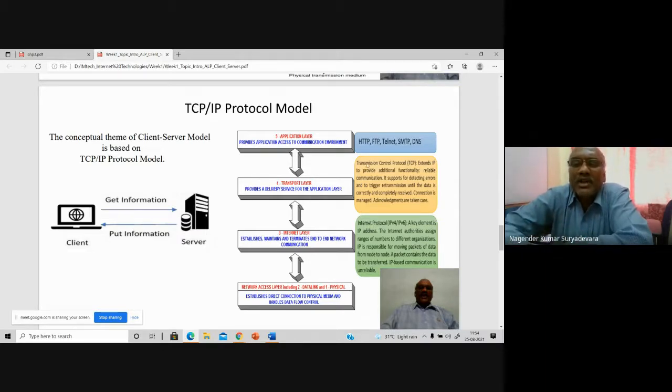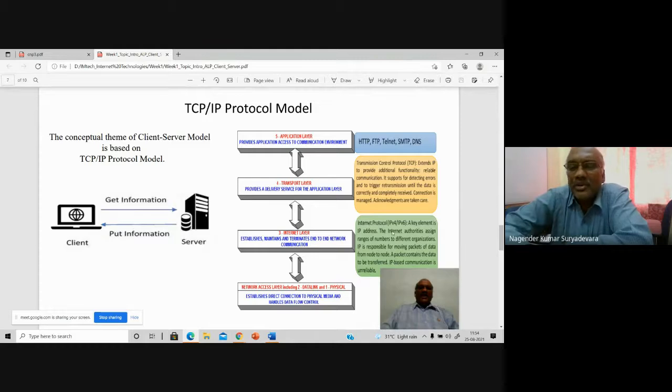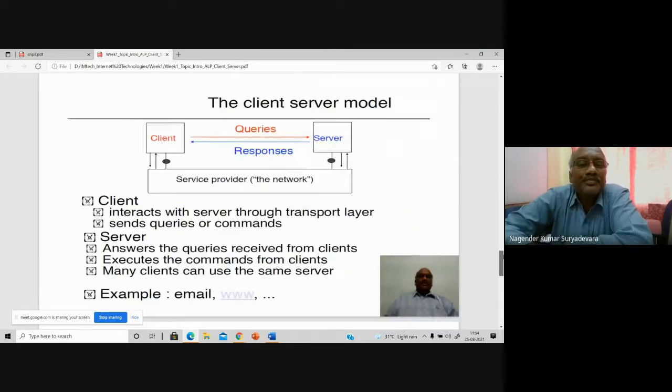I have given here what TCP is in short. Please go through this. And what is IP, Internet Protocol? What are IPv4 and IPv6? I have given what these are. Please go through my materials, and if you have any doubts, you can ask me further. No problem, I'll try to respond to you quickly.